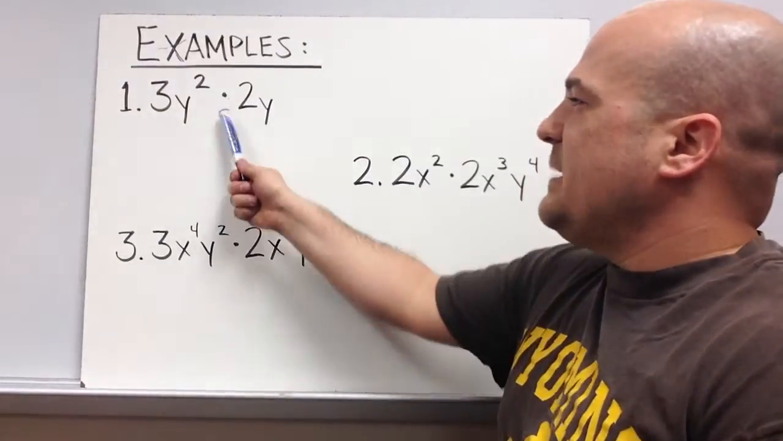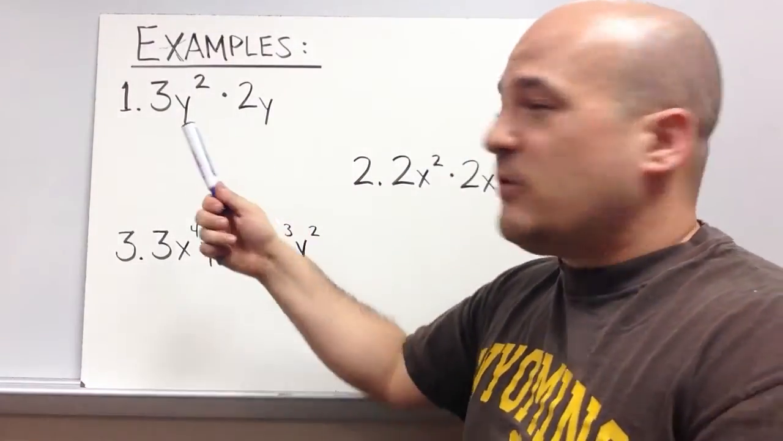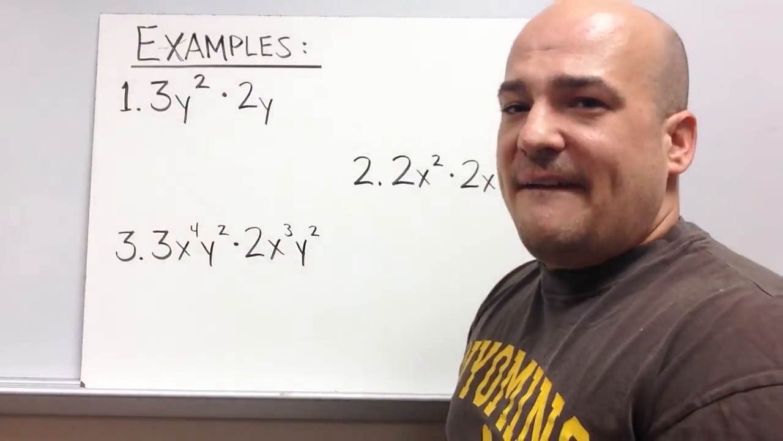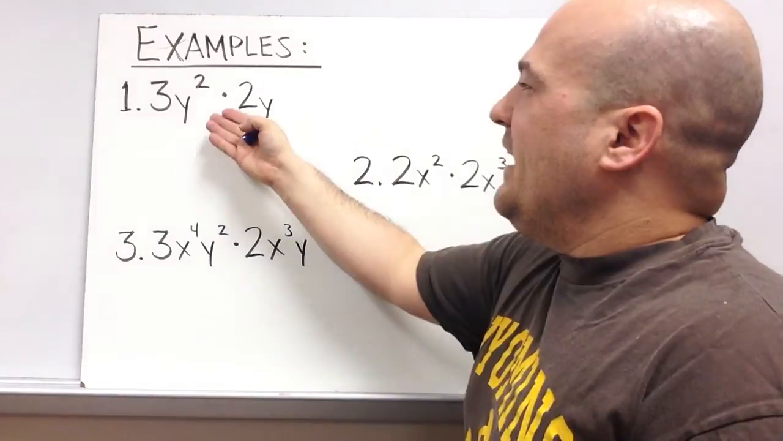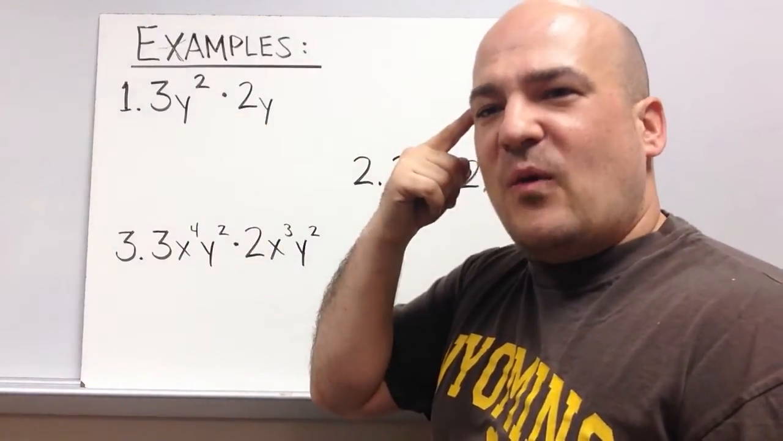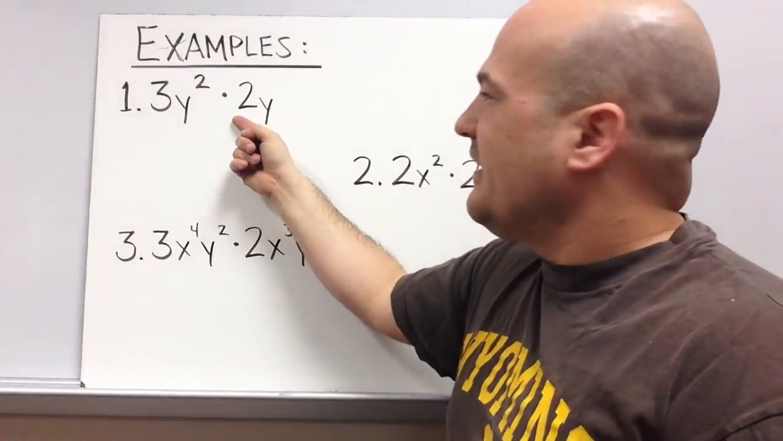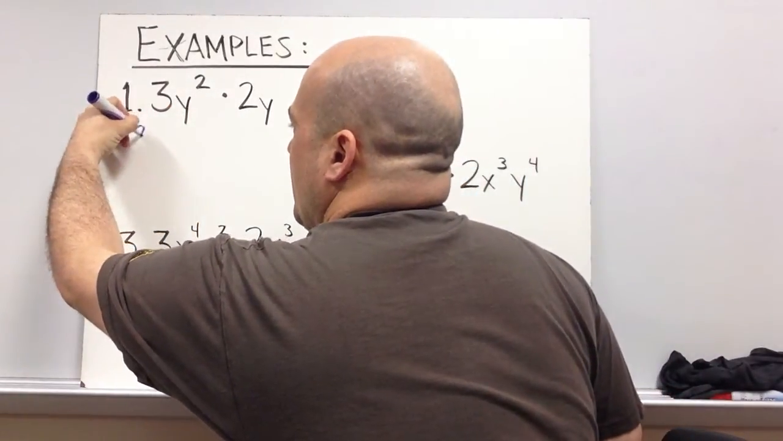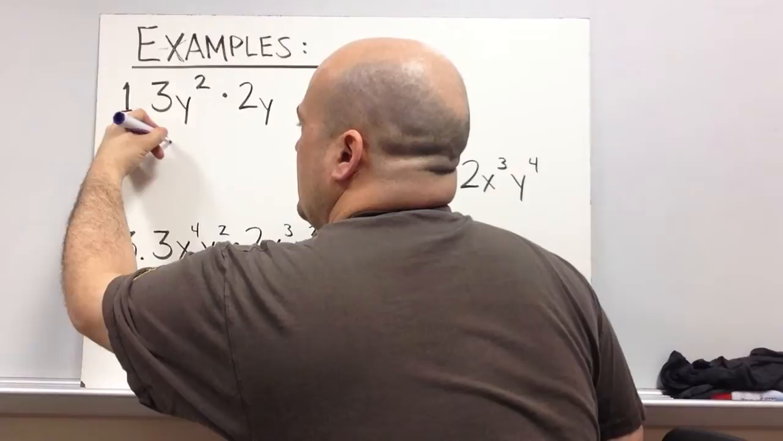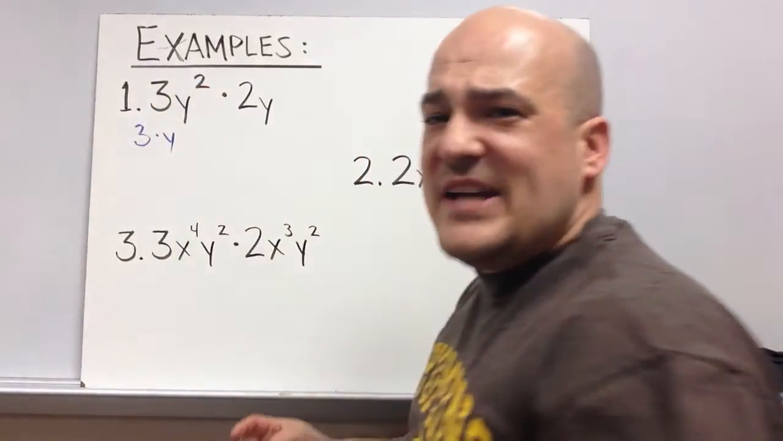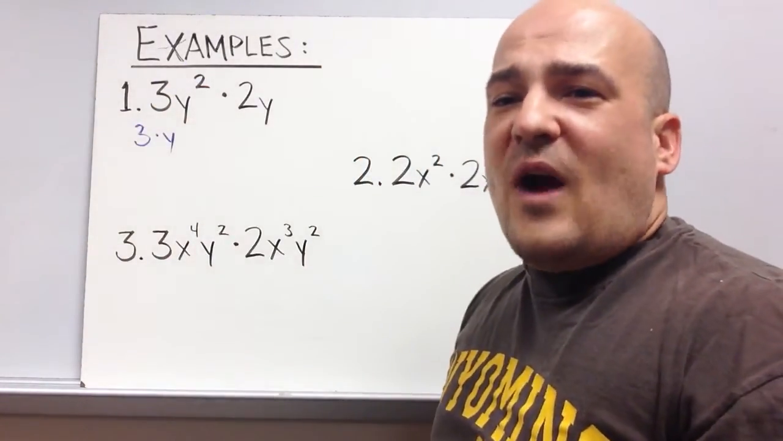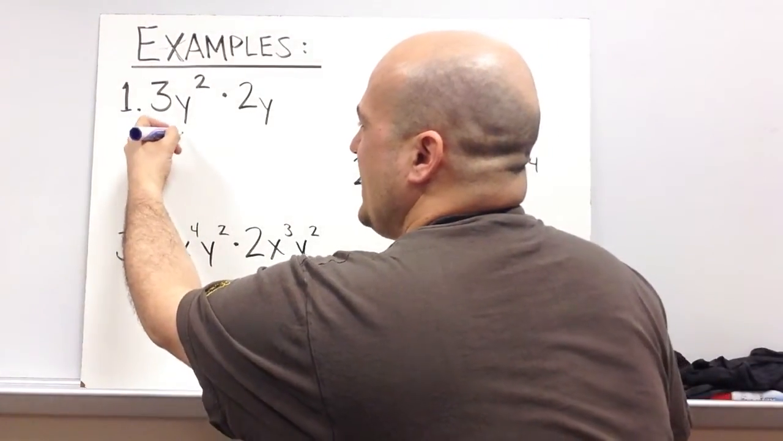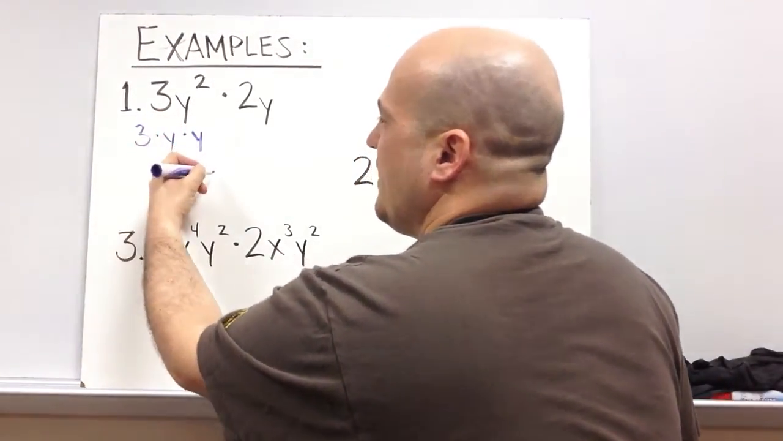All right, so in example number 1, we have 2 monomials that we're multiplying together. 3y squared times 2y. Okay? And let's break this down and think about what this problem really is saying. It's saying 3 times y squared. And y squared, if you remember back, y squared is y times y. Okay? So 3 times y times